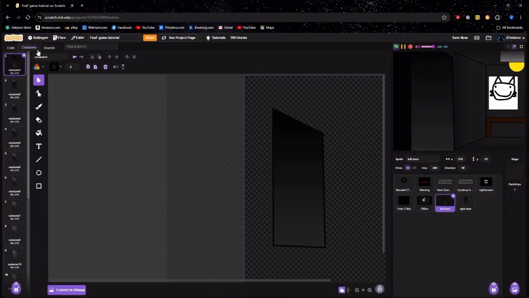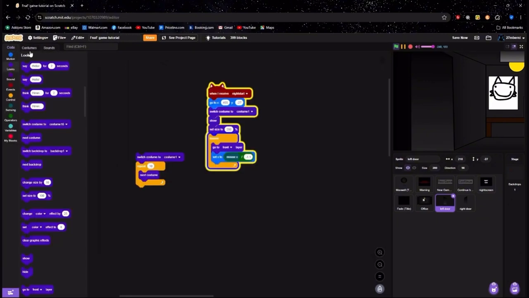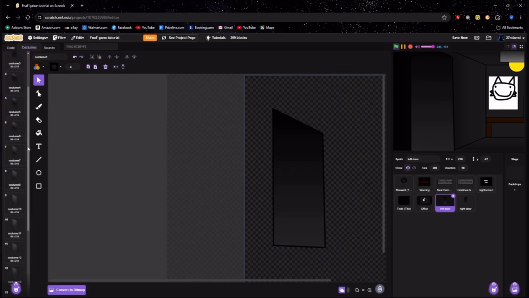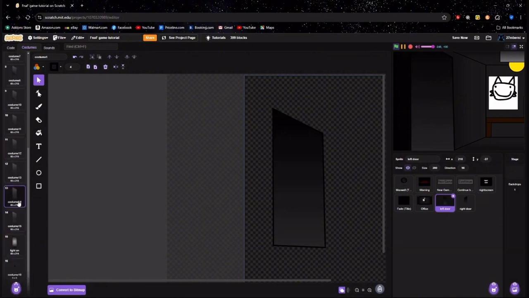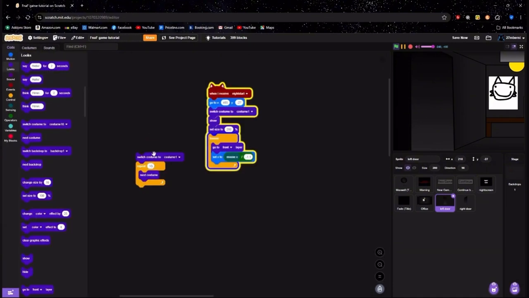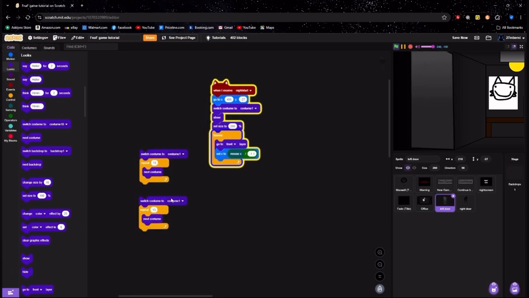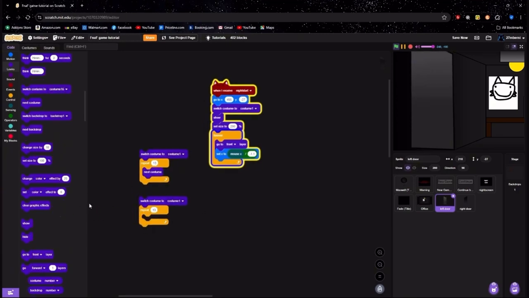And then now, since it's already switched to the first costume, we can kind of just forget about the first costume and go 2, 3, 4, 5, 6. Okay, there's 14 costumes that we need to switch through, but we're gonna put 13 in here. Great, now let's see if this works. Great, that worked. Now we're going to take this out, put a switch costume in here, take this little costume number thing right here,